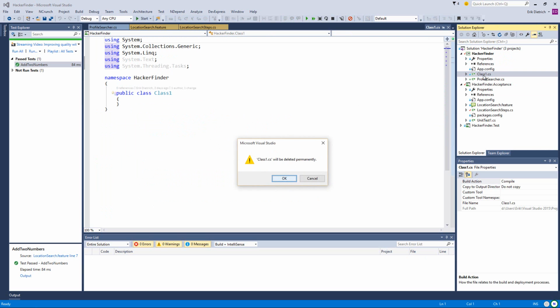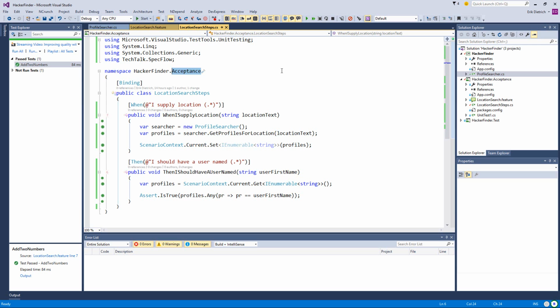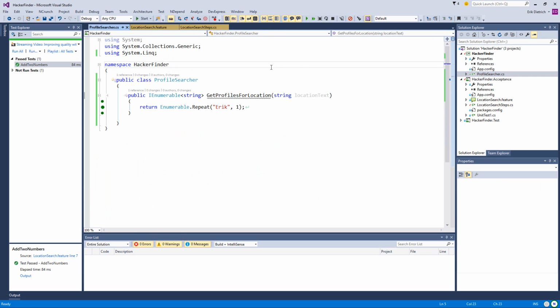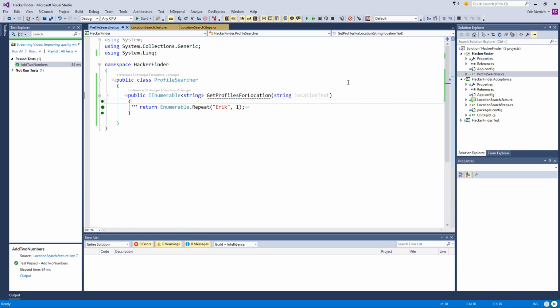Let's get rid of this too. Yeah, that's fine. So profile searcher. Oh, I see. That's probably not awesome. I wonder why that copied the namespace over. I don't recall copying. Oh wait, no. I am getting too smart for myself. So Hacker Finder, I guess because it's just in the root. I was just wondering why I didn't need an include for that, but I'm not going to worry too much about that. So my acceptance test is still passing, but now that I've moved